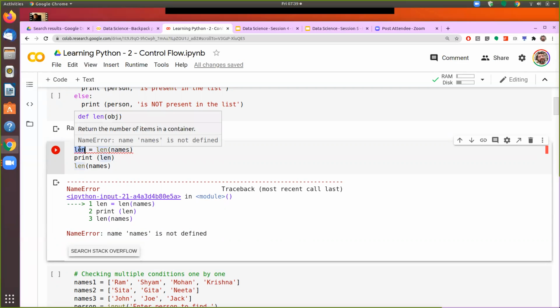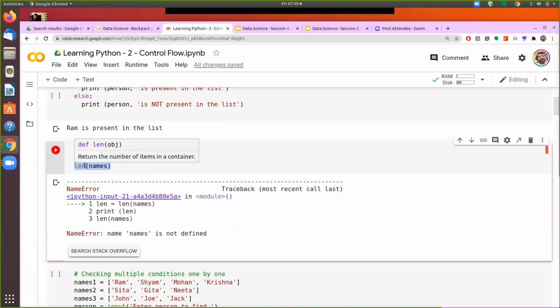I had encountered this for the first time when I used a system command as a variable name, and after that I was trying to use that system command again, and it is being treated by the system as a variable, and it was not executing. So len is not being treated as a system command, but it was treating this as a variable.